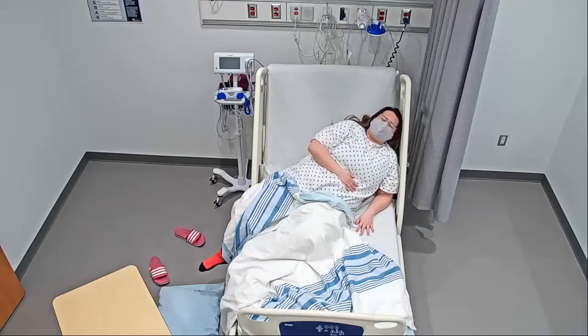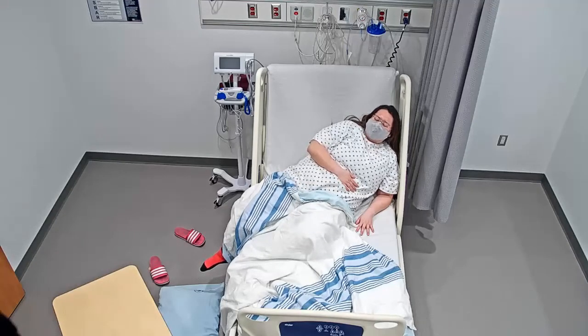Jennifer, can I come in? Yeah. As I approach, I can immediately tell that the patient is not comfortable. She is guarding, slumped in bed, wincing visibly, and groaning. Immediately, I notice the environment is cluttered with a pillow on the floor at the base of her bed, and her shoes and table in the middle of the room.